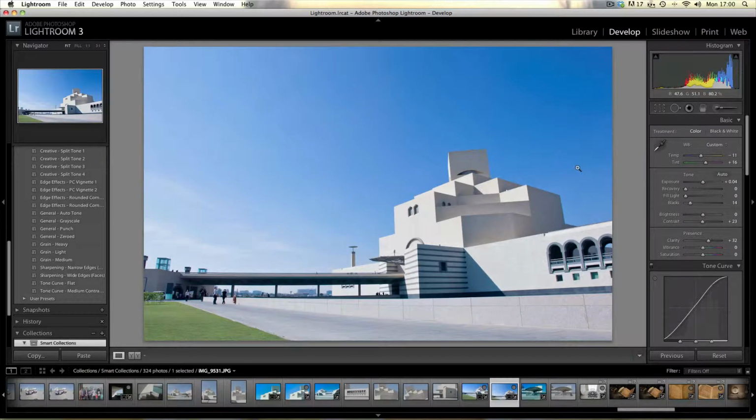We have an image here from the Museum of Islamic Art, and the sky unfortunately is not very even. The left hand corner is very washed out in comparison to the right hand side, and we could also do with a little bit more saturation in the sky and give it a little bit more impact. As it does take up such a large area of the image, it's important that we get that